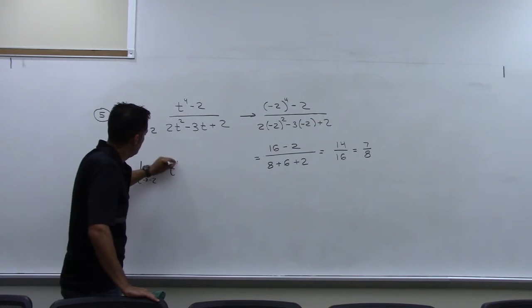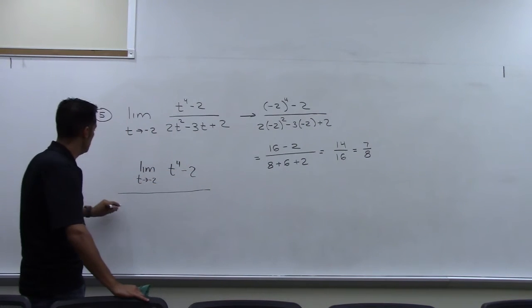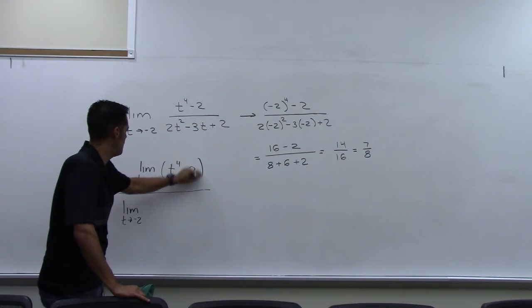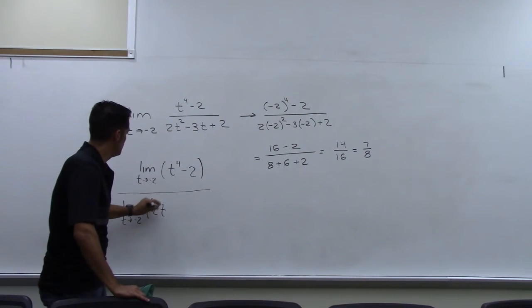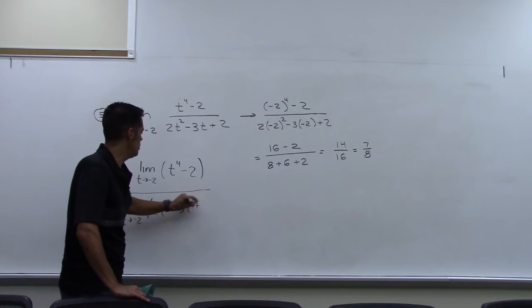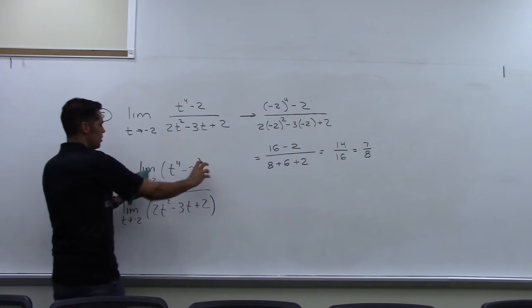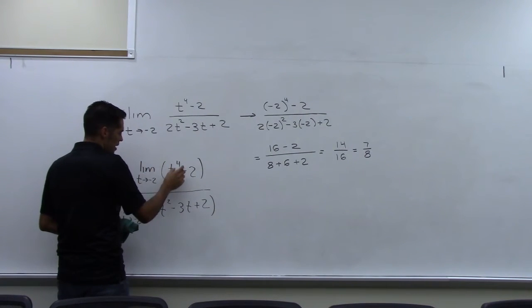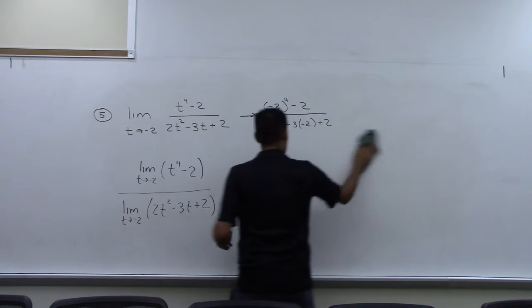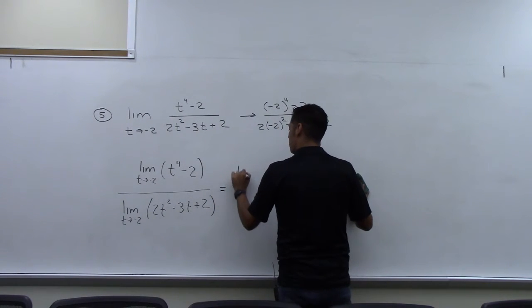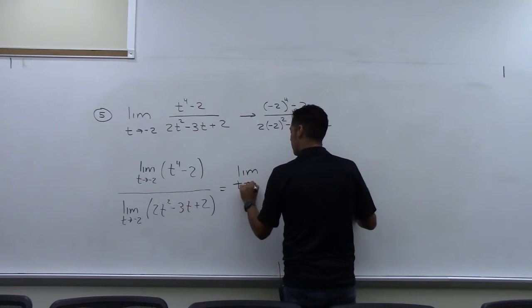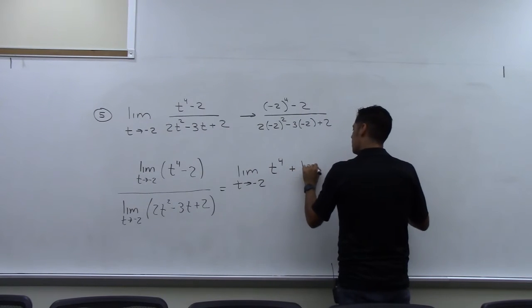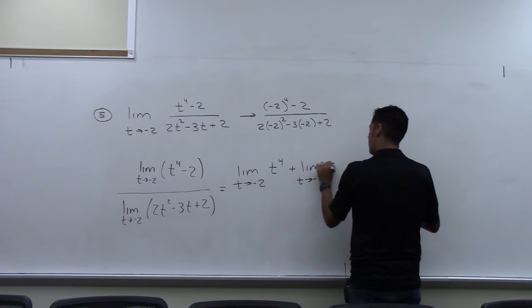You're doing the top over the limit of the bottom. And I should have that in parentheses. 2t squared minus 3t plus 2. And then you can split this up into 2 limits, the limit of this minus the limit of 2 times that, or sorry, minus, trying to avoid having to write all this down, but I guess I'll be thorough. All right, t to the 4th, and then I'll say plus the limit as t goes to -2 of -2,